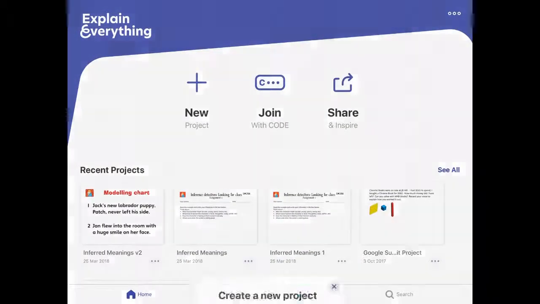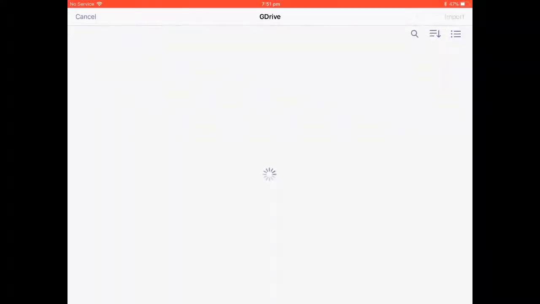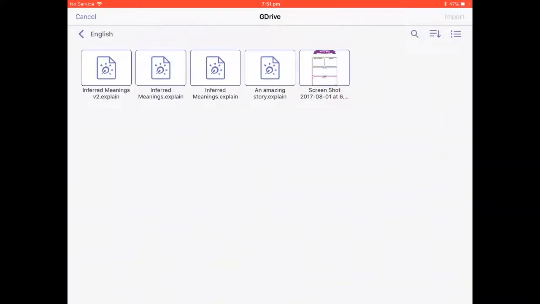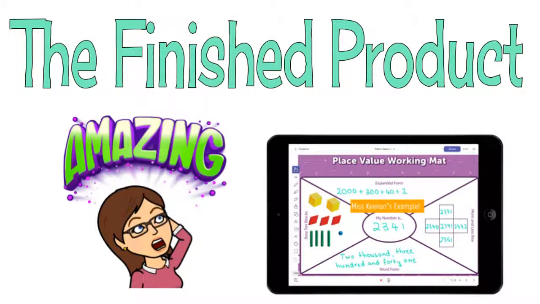And that's it. Now it's saved to the Google Drive. I always like to double check that it is there, so I'm going to press the plus, import from cloud, from Google Drive, and there it is, the Inferred Meanings version 2.explain. So that will be ready for the students to do the next time they are looking at inferred meanings. I hope you find that